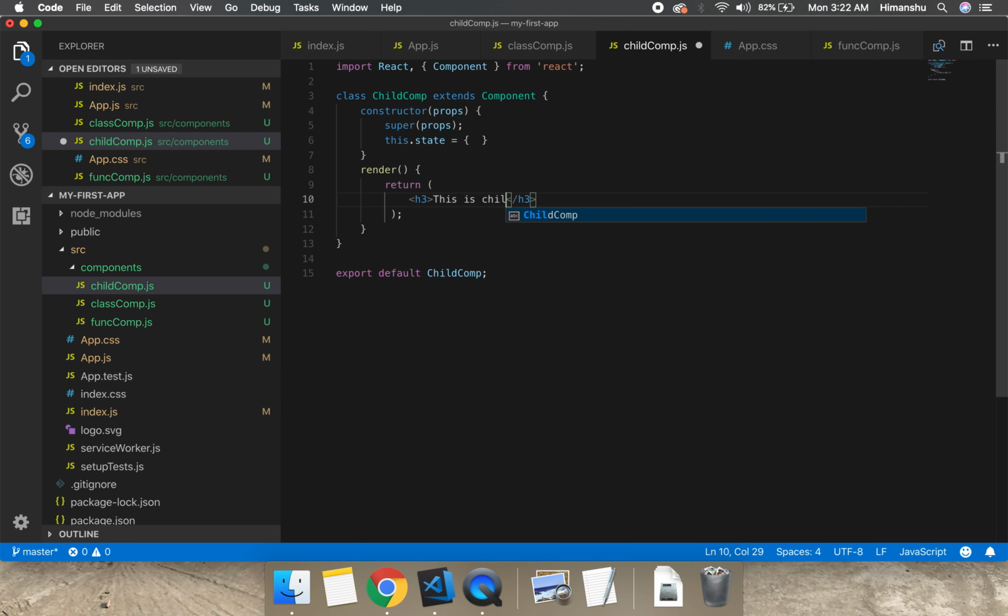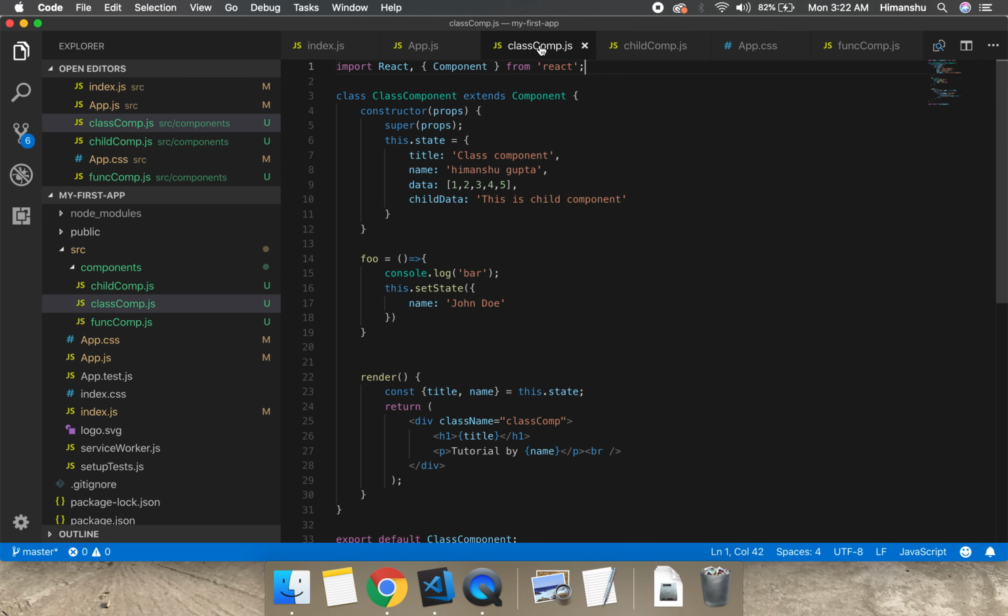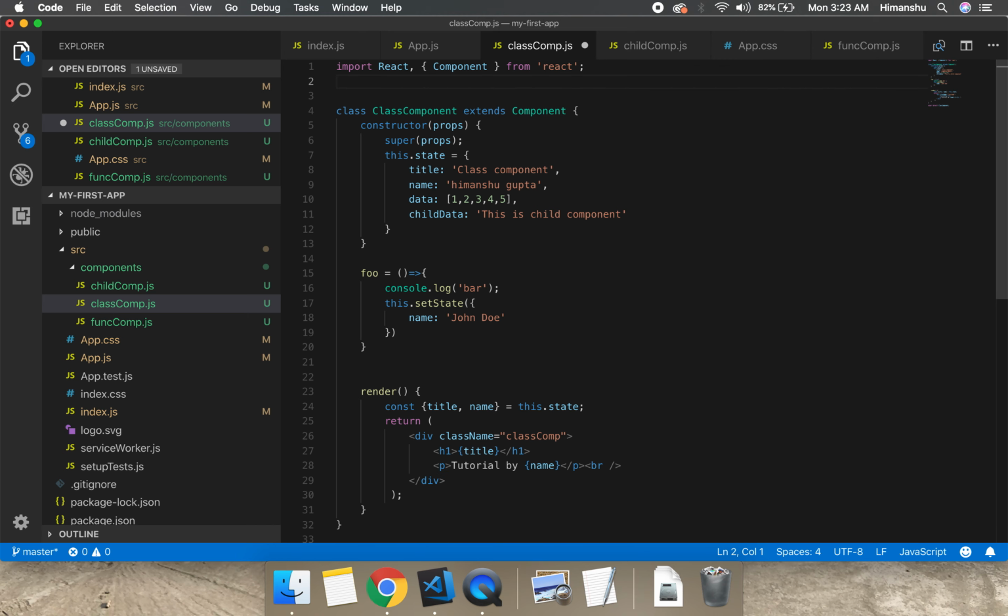This is child component. Now just add this child component to this parent component.